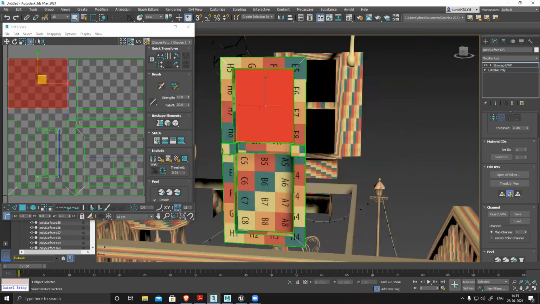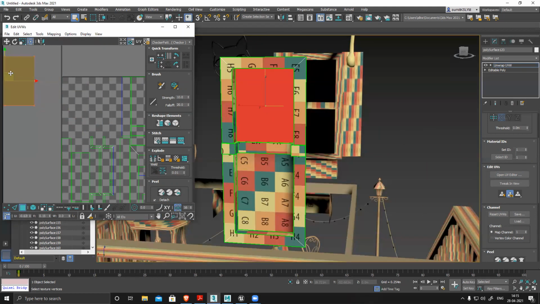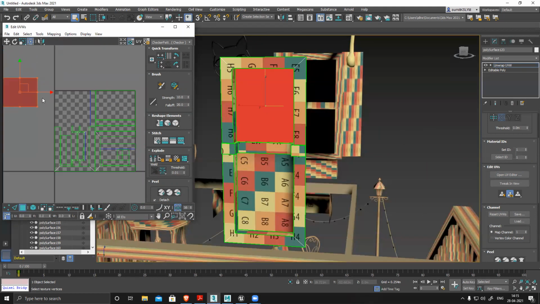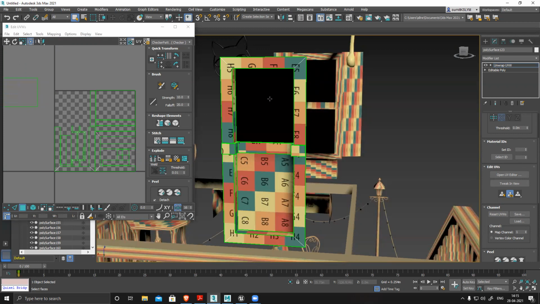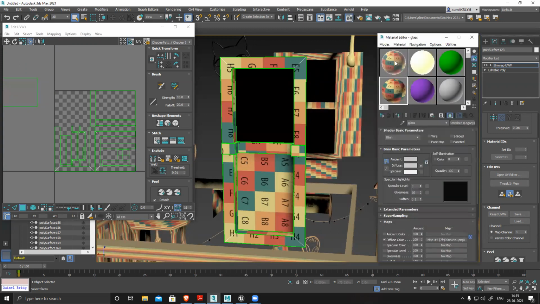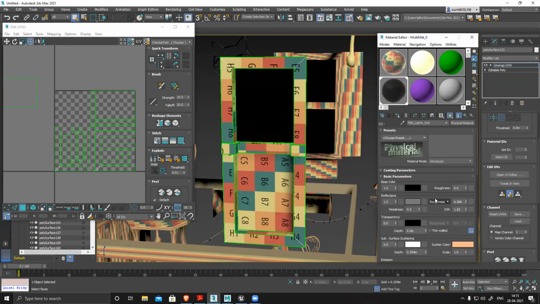This surface is entirely separate, so forget about this. But that glowing part, it was glowing in my reference, right? So I have applied a separate material. You can see it's black in color. If you want, you can select this and pick this, and you can see you have a separate material here.